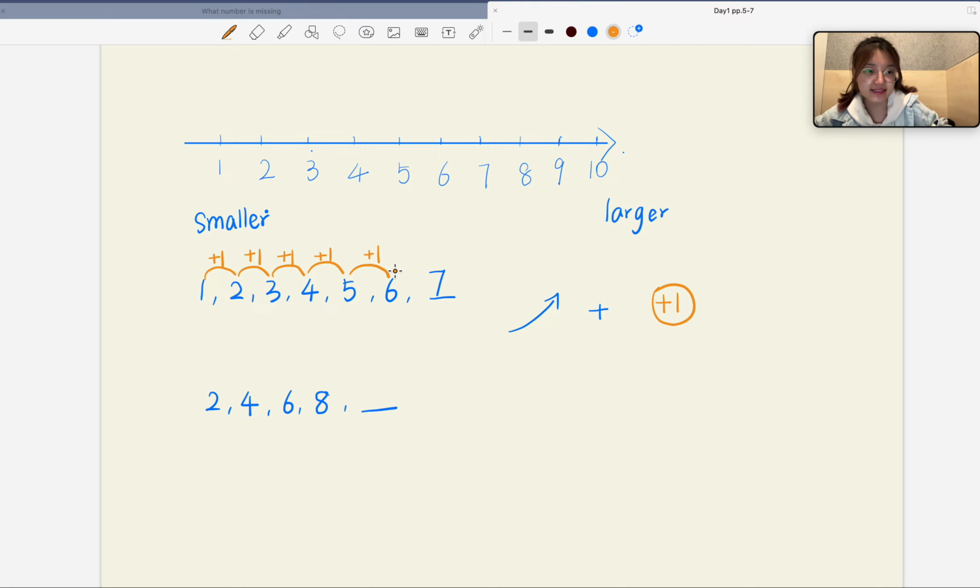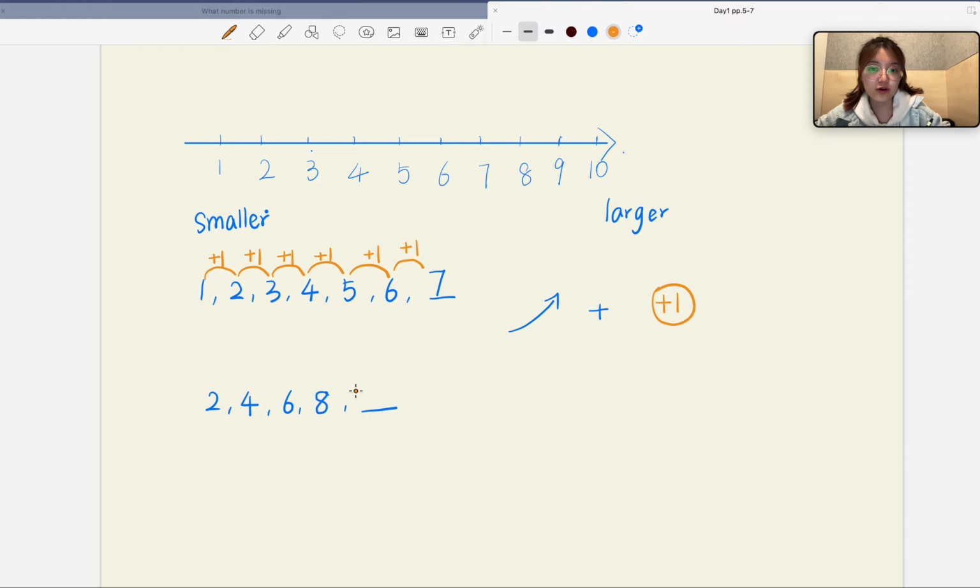So from 6, how can we get the next number? We will plus a 1 as well. We just follow the rules, follow the pattern. So 6 plus 1 will be 7. That's how we solve it. And for the next one, we already have 2, 4, 6, 8. Yes, we can just think we're counting the even numbers, 2, 4, 6, 8, and the next one will be